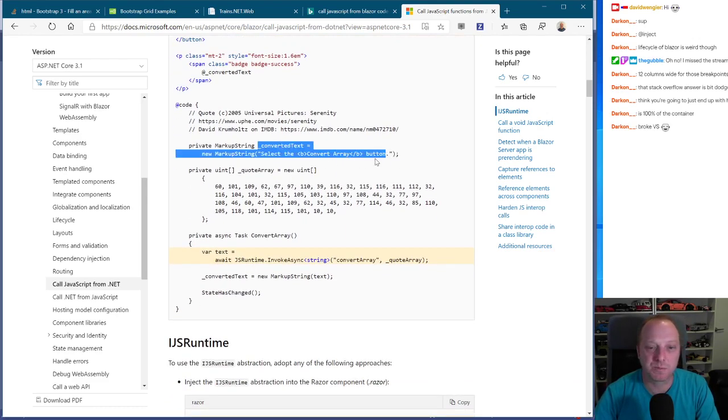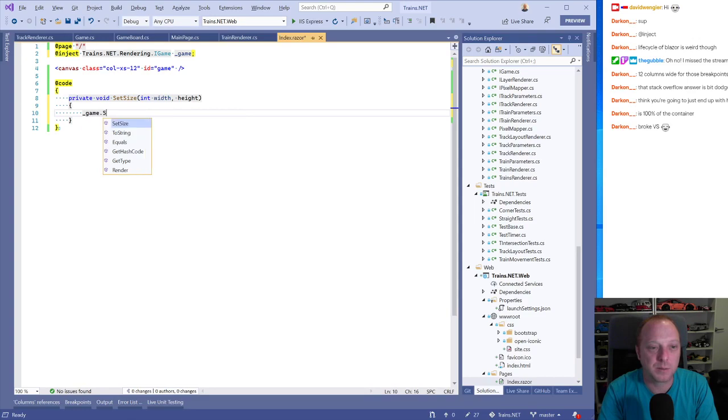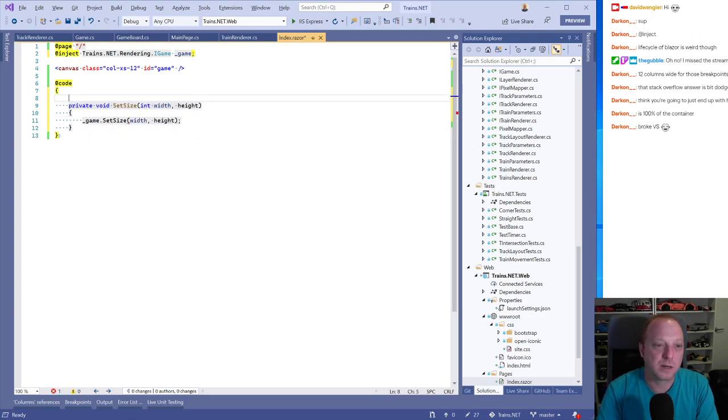I can't use this, right? I need to just call game.setSize. So, for example, height. This needs to call game.setSize and pass in width and height. So I can make this JS invocable,